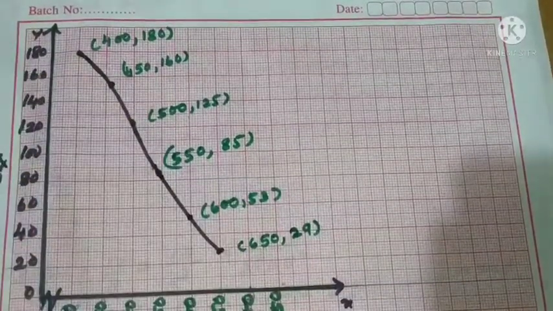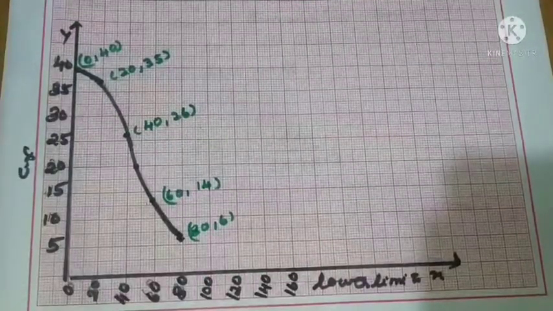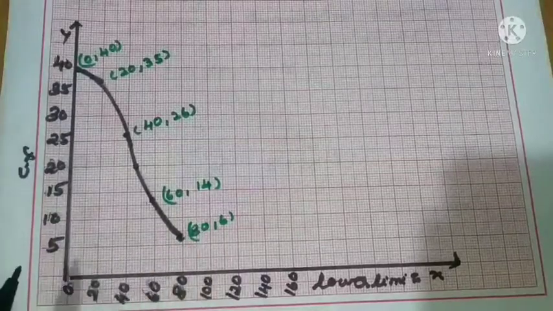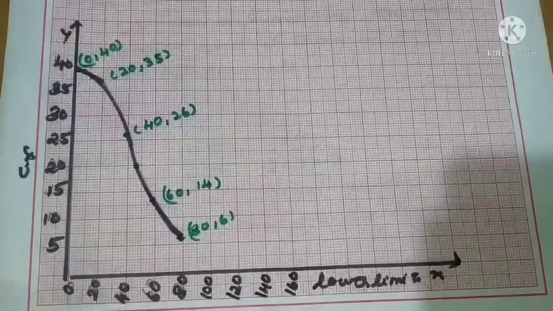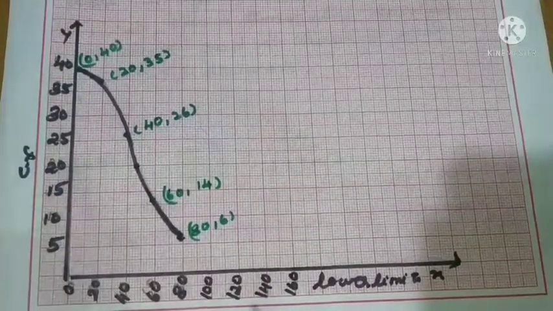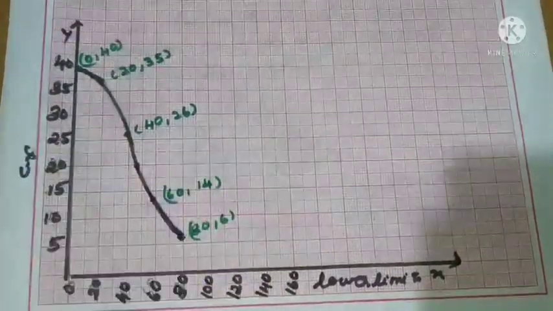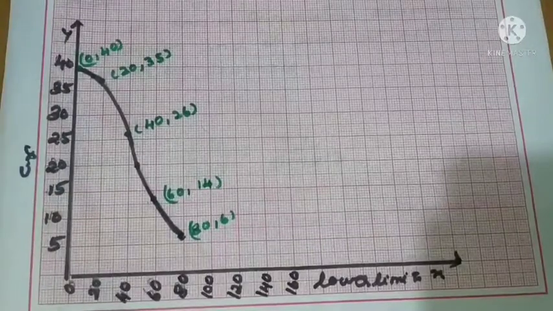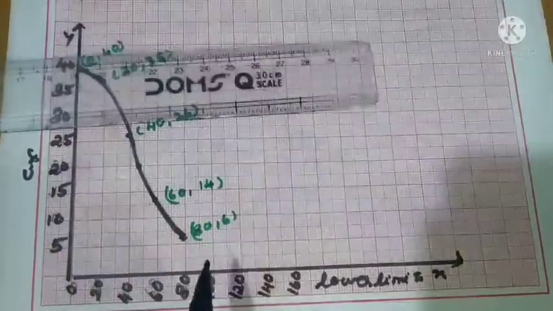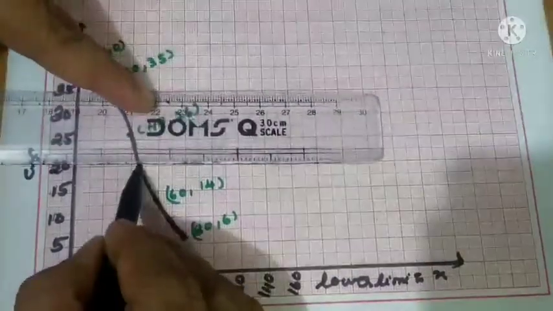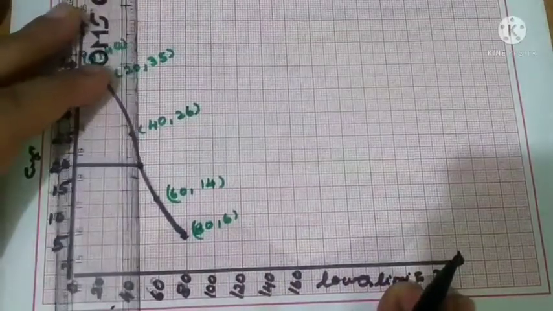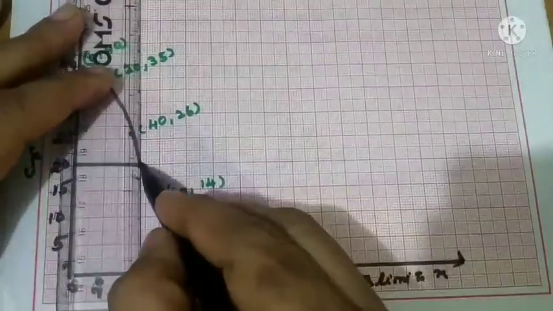Now one more example we'll see, and you can understand more. Already we have plotted the points and joined them here. You can see the curve here. Now from this method also we can calculate the median. How can we calculate it? The total CF is equal to 40 only. So 40 divided by 2 is 20. From the 20 we have to draw a line like we have done in the less than method, and from there we draw the perpendicular.